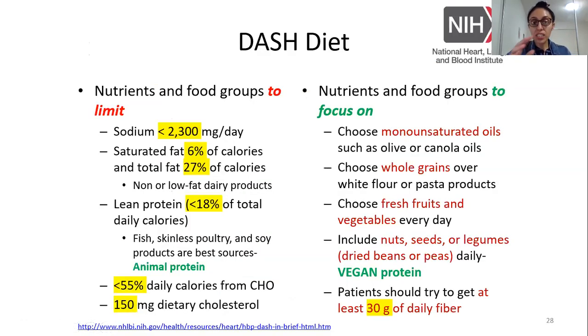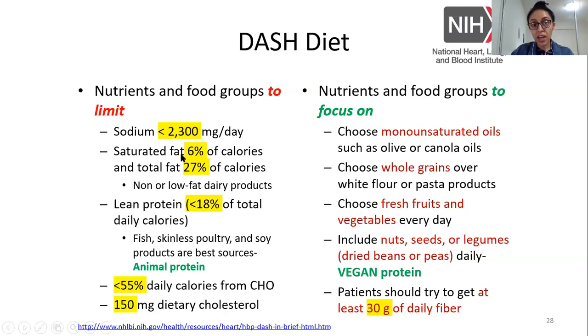All right, so now guys, this is the very basics of a DASH diet. So the nutrients and foods which are advised to be restricted in a DASH diet, obviously firstly is sodium. All right, so where you can, as I told you, 1 teaspoon of salt, 2,300 milligrams of sodium. So definitely sodium restriction, which is less than 2,300 milligrams. And remember, you have to even account for the invisible sodium. Okay, the examples which I gave you.